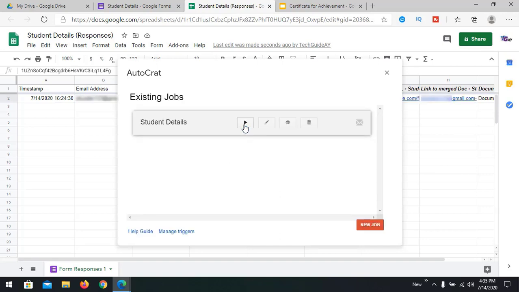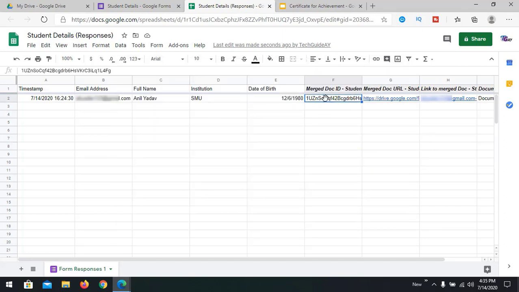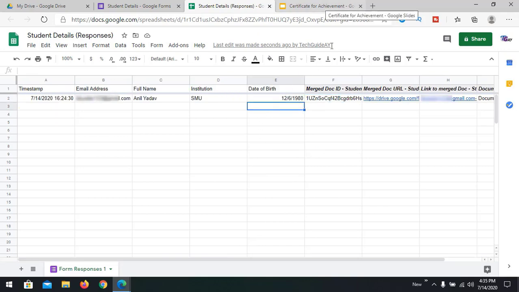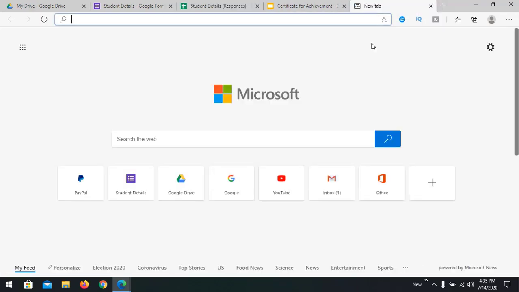We can see that different fields have been added in the background. We can check that. The merge ID, merge URL and other fields have been added. Now going to check my other email ID that I have provided.